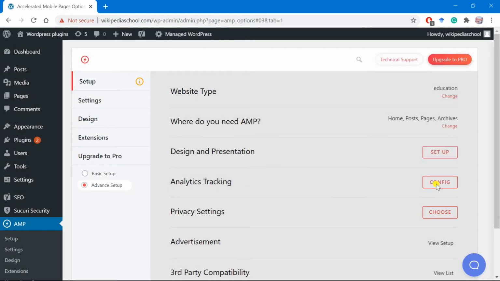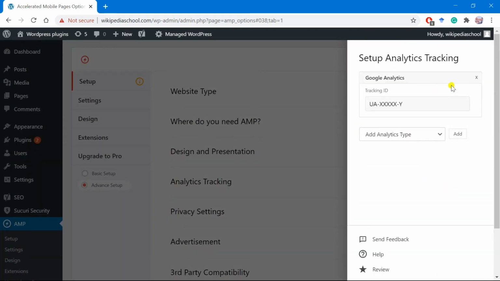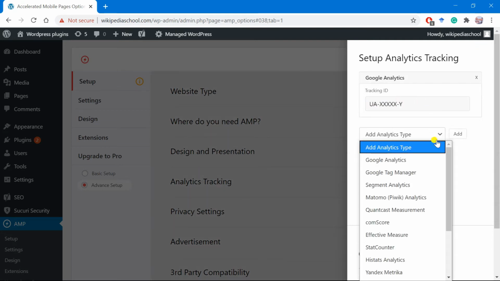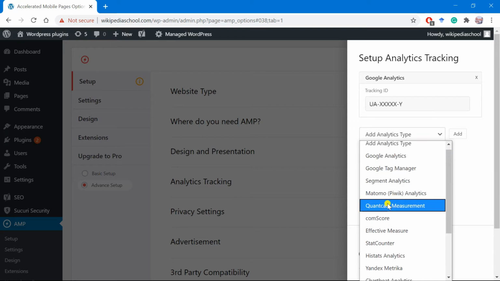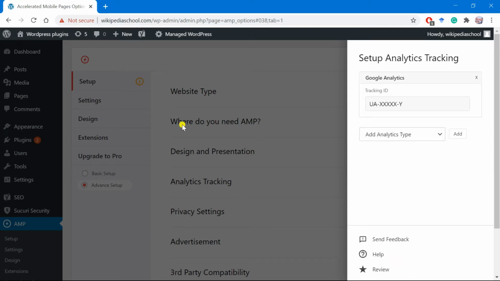Next is analytics tracking. Click on configuration. If you are using Google Analytics, then go to your Google Analytics account, copy your tracking ID and paste it here. If you use any other tracking system, you can also select any of these. These are available here.